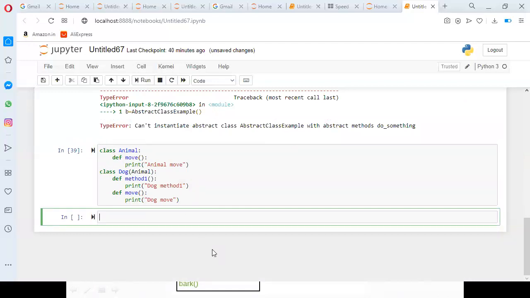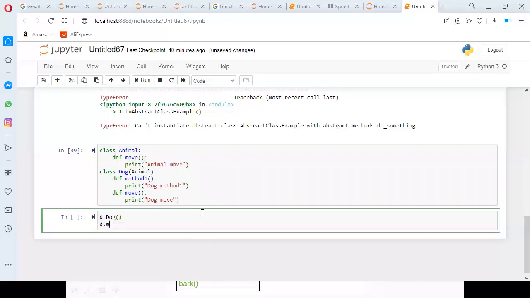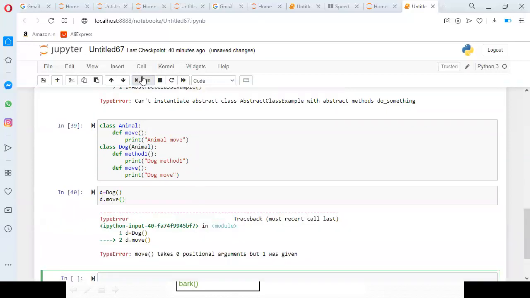When you observe the classes, animal has a move method and dog also has a move method. So I'm going to define the object d equal to dog. When I call d dot move, we'll check the output.